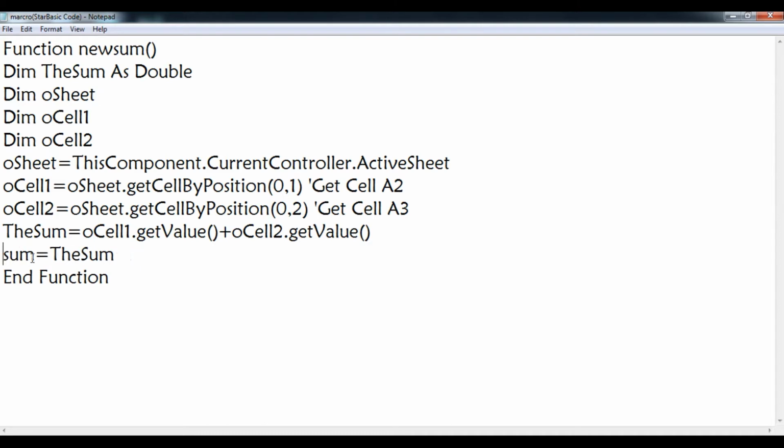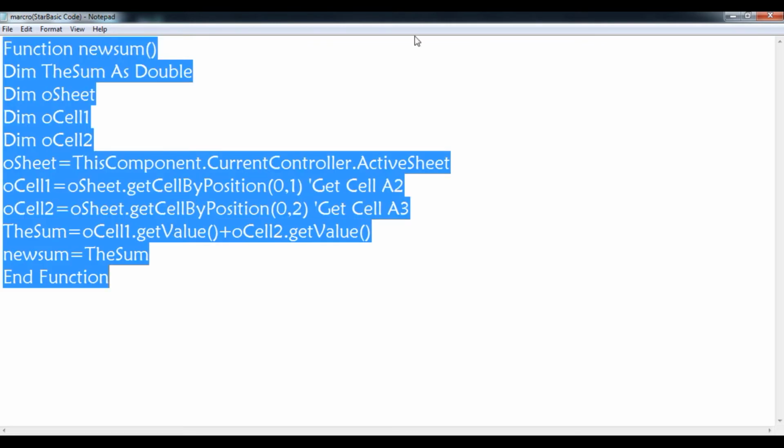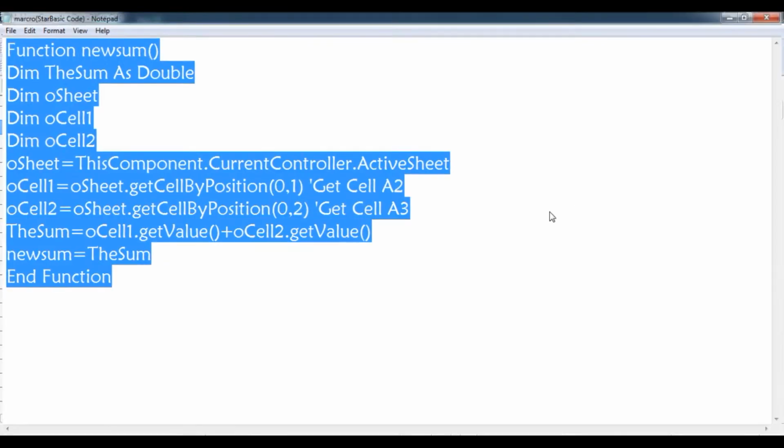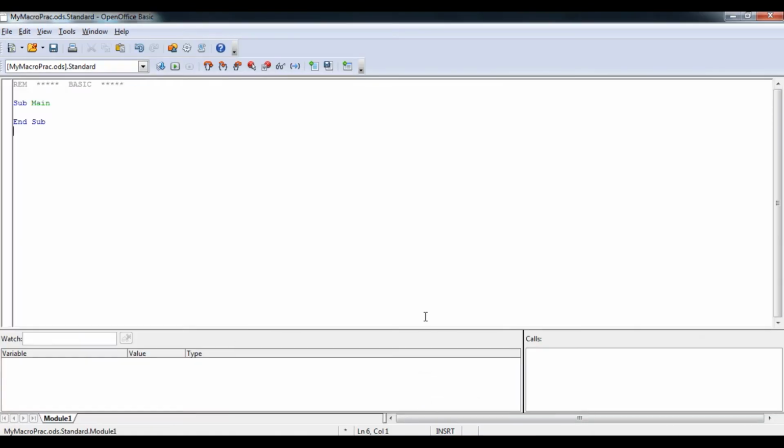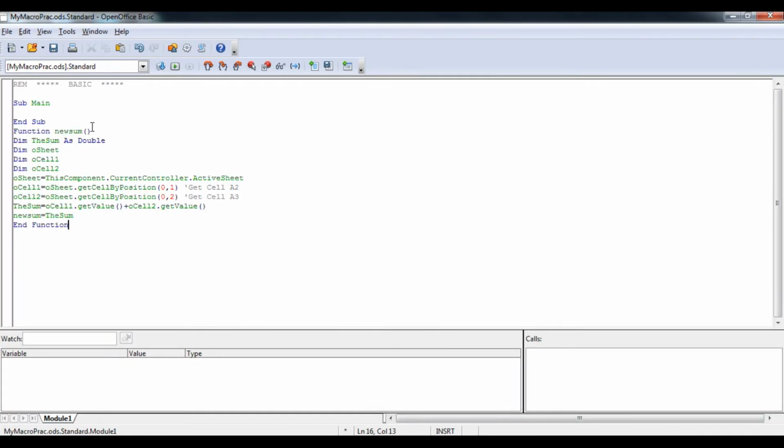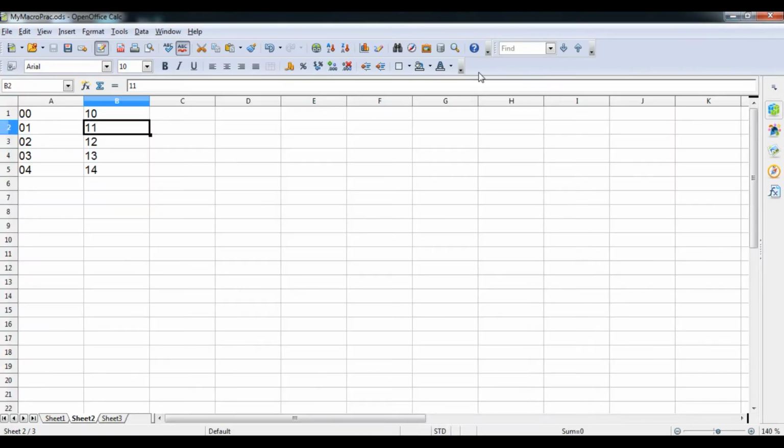So here my function name is, I think, new sum, so I will provide here new sum, and then after that save it. So what I am going to do, student, I am just copying this particular code and I am going to paste this particular code in this particular coding. Now you can understand, student. So same thing I have done, and now you have to save it, and then you can minimize it